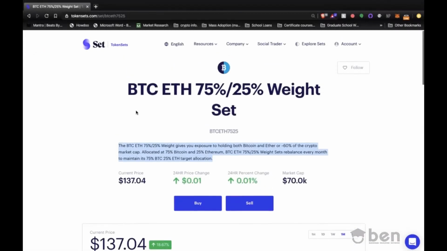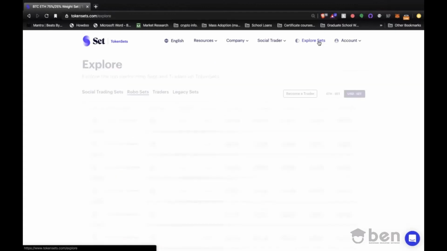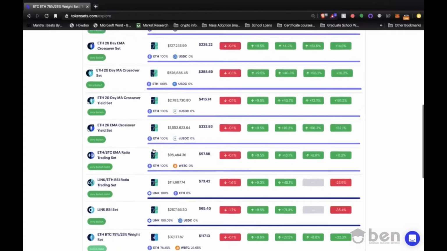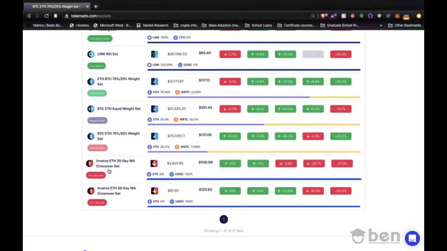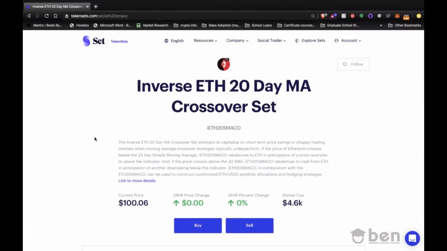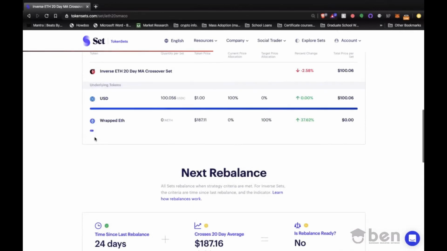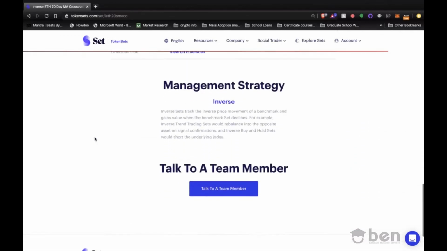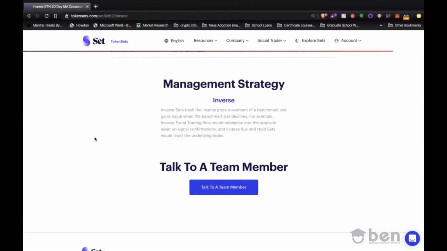The next set we're going to discuss now is the inverse set. And this one's actually kind of interesting and it's pretty new. I myself haven't had the opportunity to dabble with it a little bit, but let's discuss the management strategy real quick. So the inverse trading strategy, as the name implies, the inverse sets follow the inverse price movement of